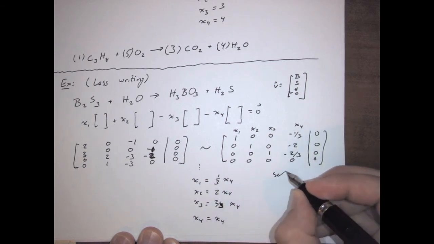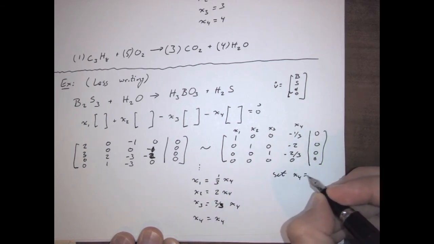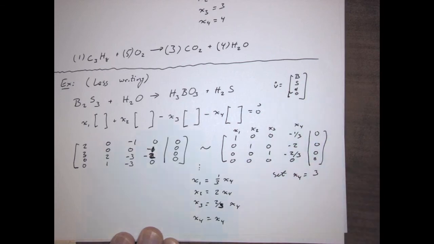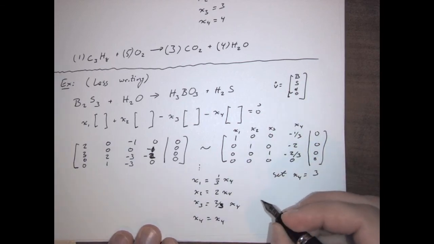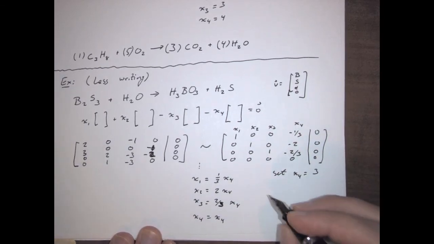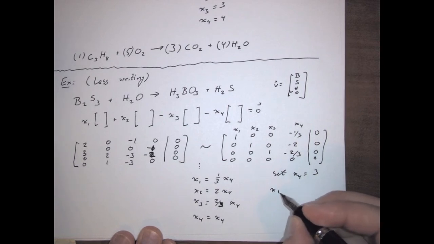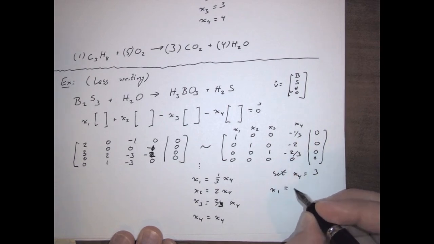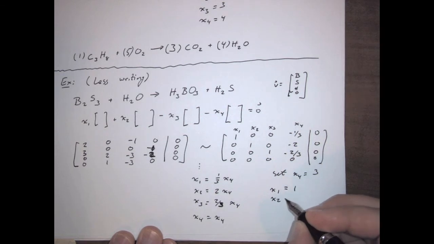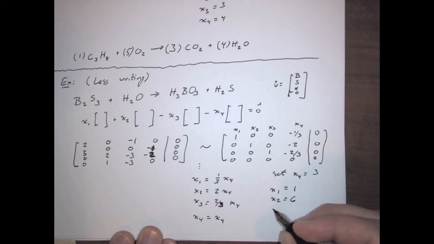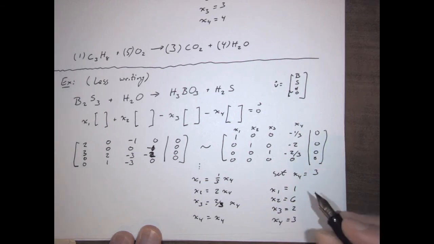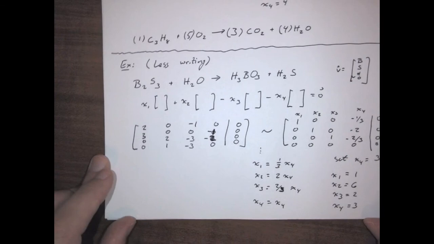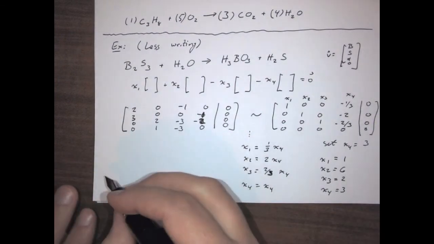So I set x4 equals 3, so that way everything will come out as integers. So then x1 equals 1, x2 equals 6, x3 equals 2, and x4 equals 3,